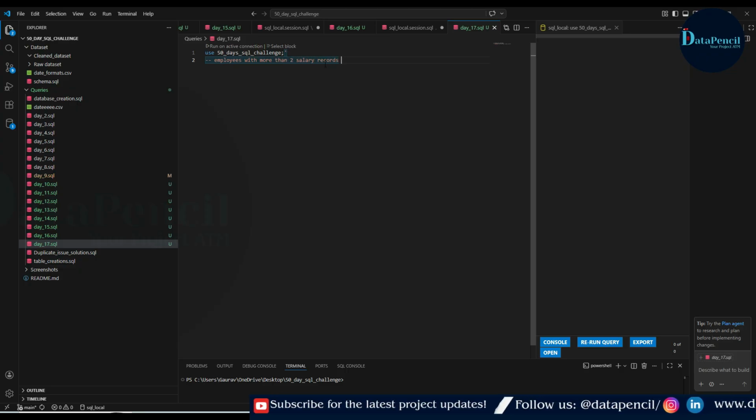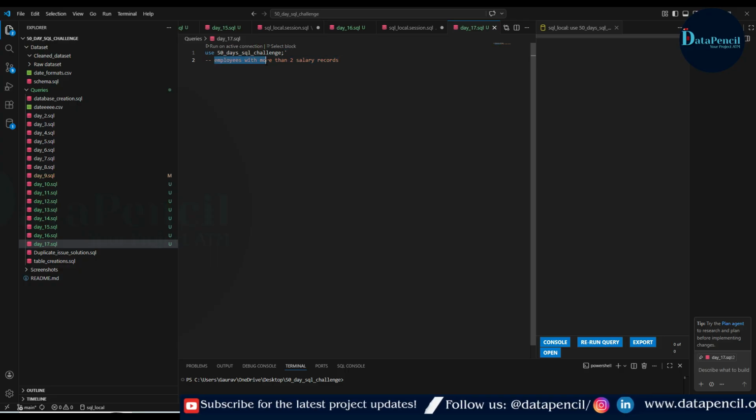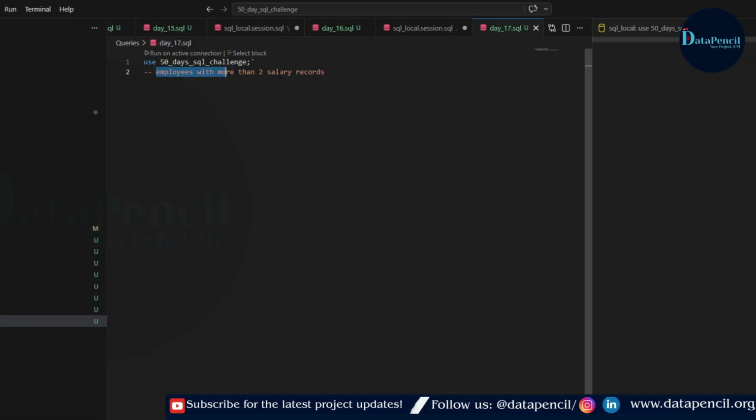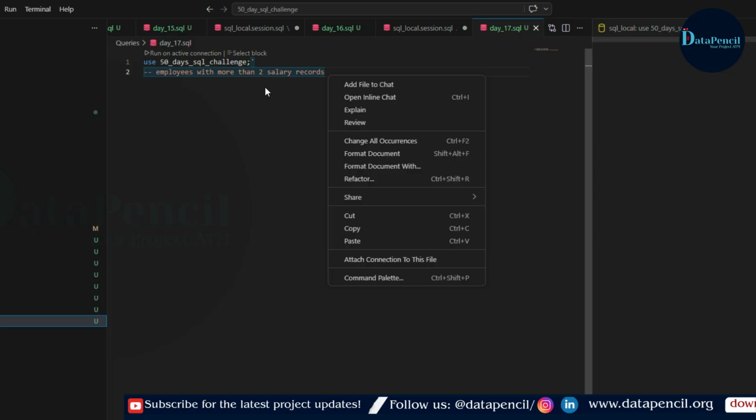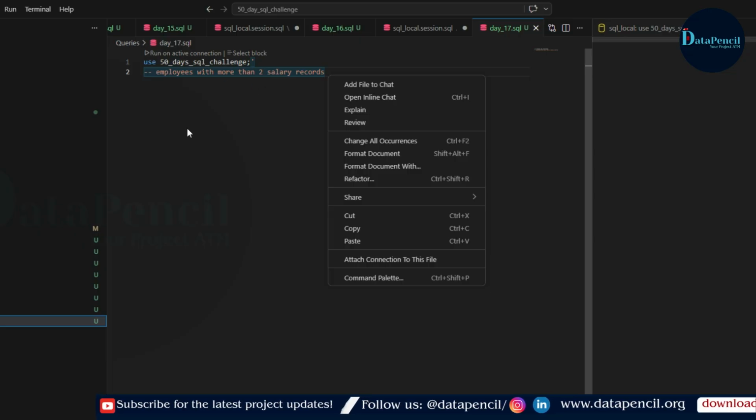Here we simply have to count the salary records per employee like yesterday we did. Firstly, we need to calculate the salary records per employee. Employee wise, we will count the salary records. After that, we will filter only those employees who have more than 2 records.